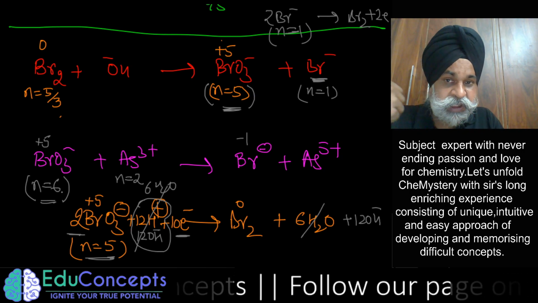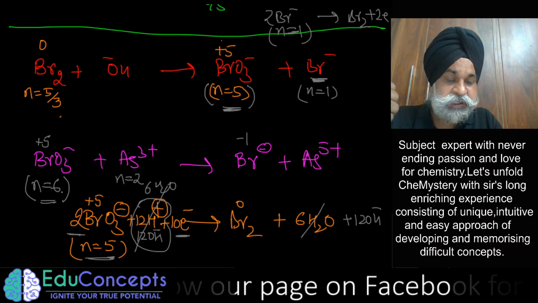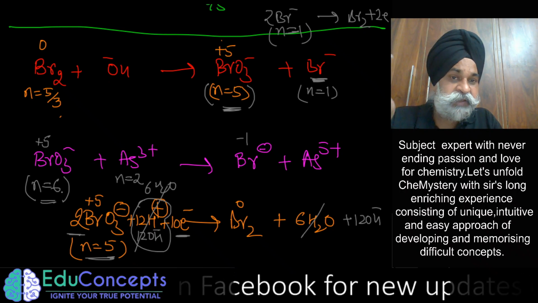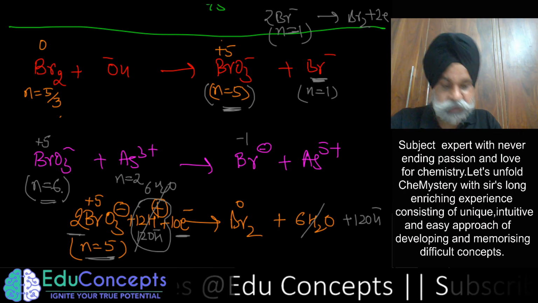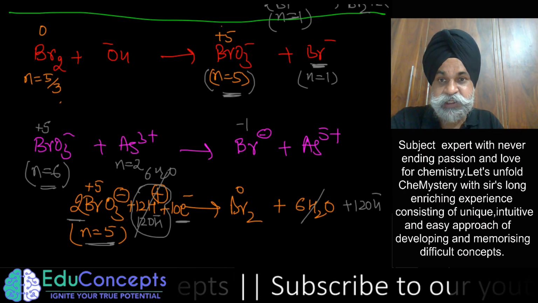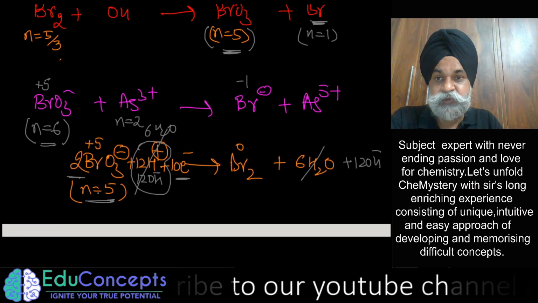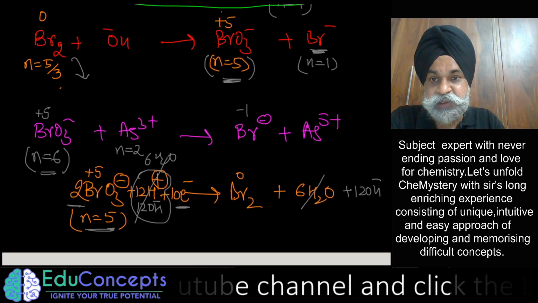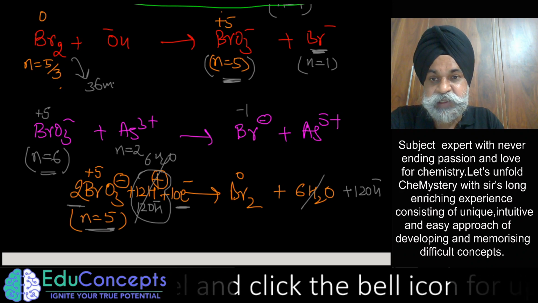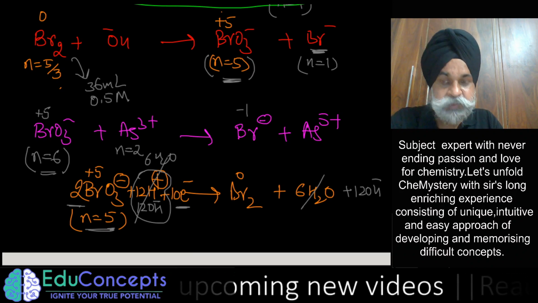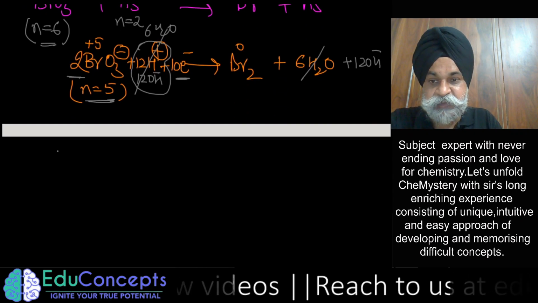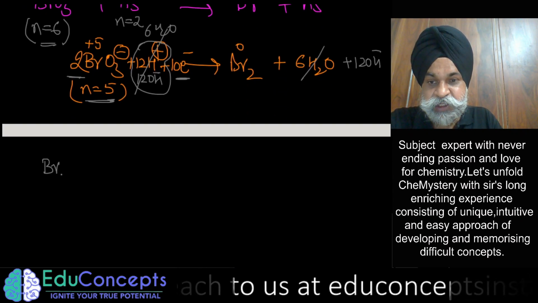In a sequential reaction where you want to apply the equivalent concept, whatever is being formed, you should write the n factor for that. Let me do it for you, just give me a second. So what was the composition here? This was the composition. This is 36 ml and this was, I think, 0.5 molar. Okay, so now let me write it once again. It has become a little chaotic.